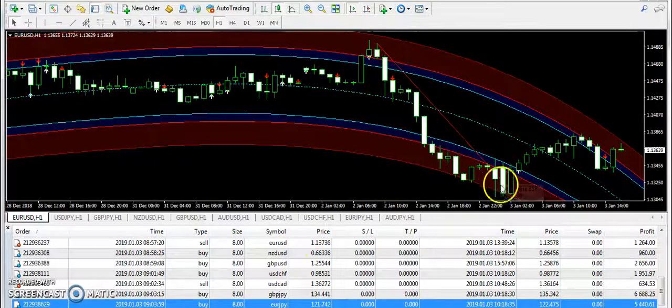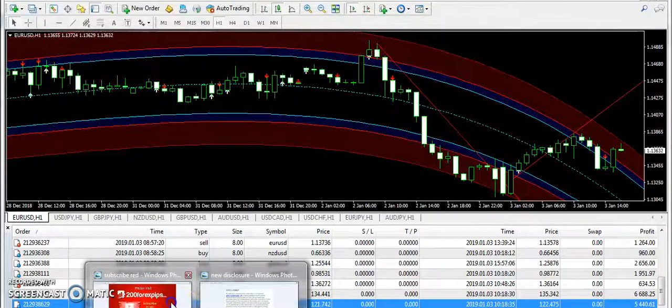Look, today if you look here, we have taken the buy signal also. We have also received a buy signal on 3rd of January in the form of a white arrow, and then Euro USD has moved up. So whenever you see that the market is getting rejection from the top red boundary, and if the red signal also appears, then you can sell the pair down. And when it goes into the lower red boundary, and if you see that the market is making a bullish pattern, then you can buy the pair, and this is how we use the trading system. So guys, this is all about today's analysis.